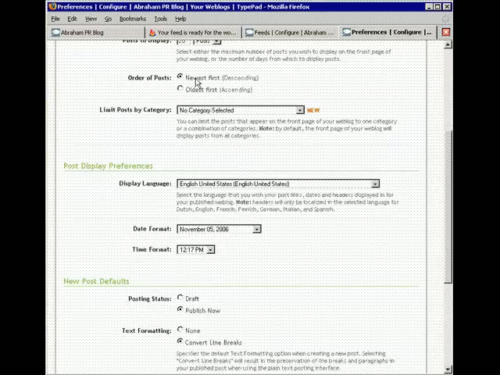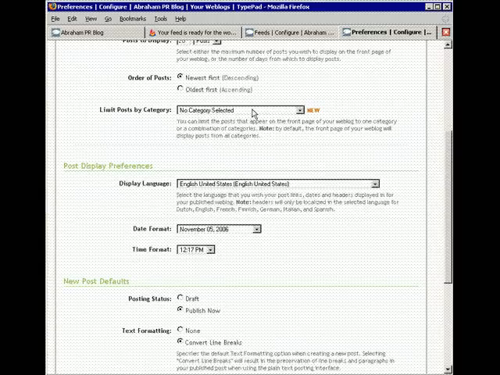What is the term? Inverted. Well, anyway, newest first. In other words, inverted date based or whatever. Like the latest posts are at the top of the page. Now, there's a term for that. I can't remember, but